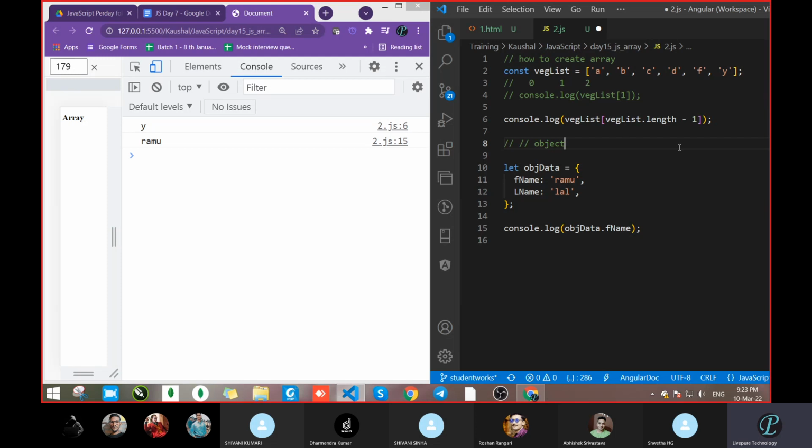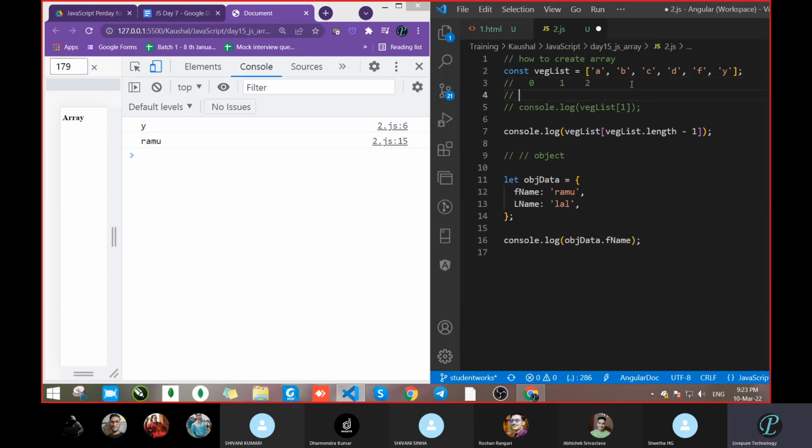Everyone clear or not? So first value, second value, or any value you want, you can pass the position. But one thing is there. In the array case, this is not called the position. The name of that position here is index. We can call it the index value.